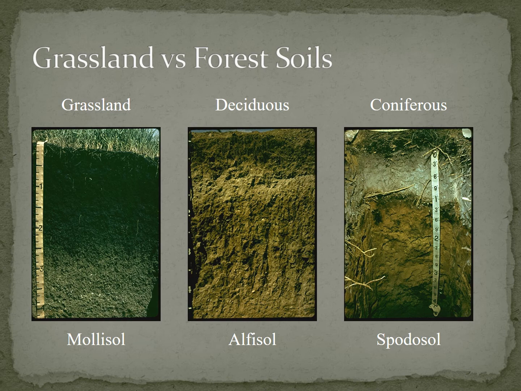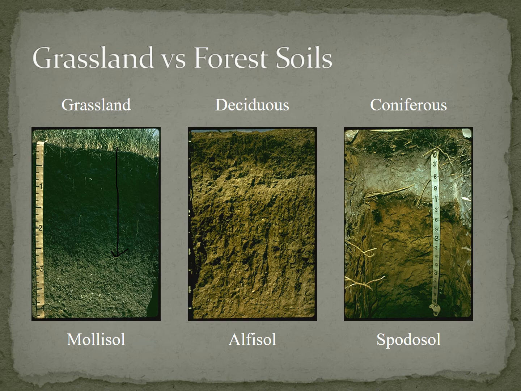So here we're going to compare some different vegetation soils. All right, so in a grassland soil, we call these mollisols. There's 12 soil orders that we're going to go over eventually, but for now, we'll focus on these 3. In grassland soils, we see this deep, rich organic matter accumulation from the fibrous root systems. These are my favorite, by the way. We see this deep A horizon, which is soft and very easily molded and full of fibrous roots and pores and microorganisms, okay? Because of the grass roots. Essentially, that's what gives rise to this deep, soft, organic surface.